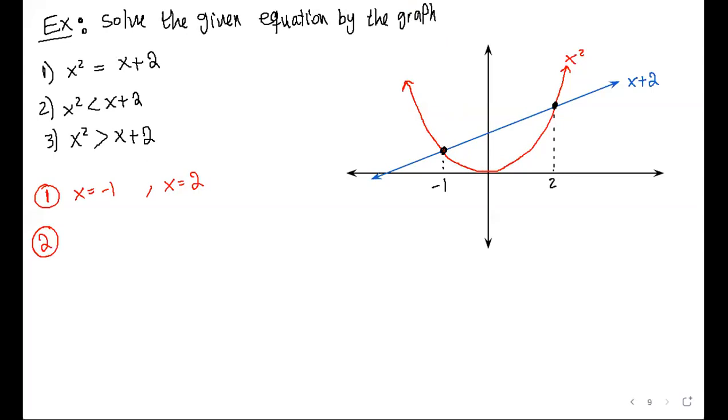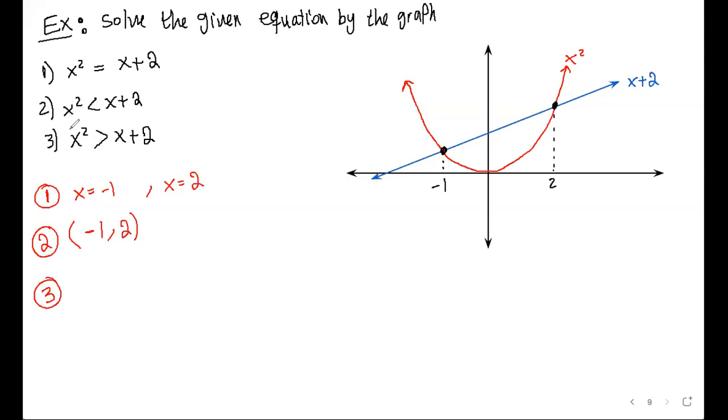So the solution for the second one is the open interval from -1 up to 2. From this point up to 2. And it is an open interval because we don't have equal. Third one,